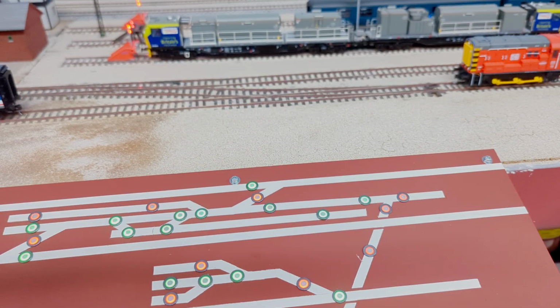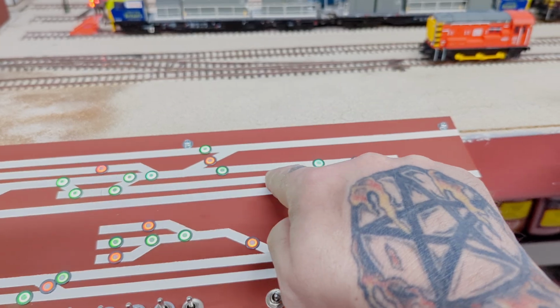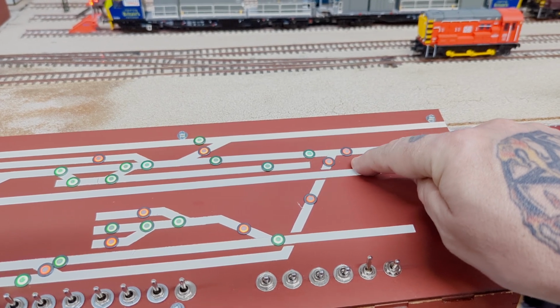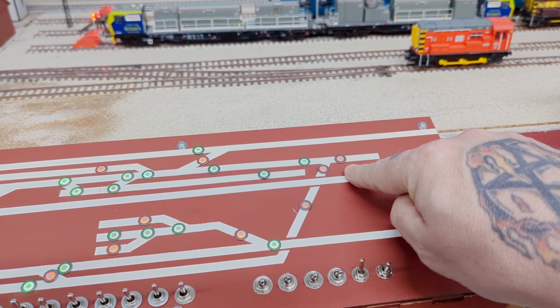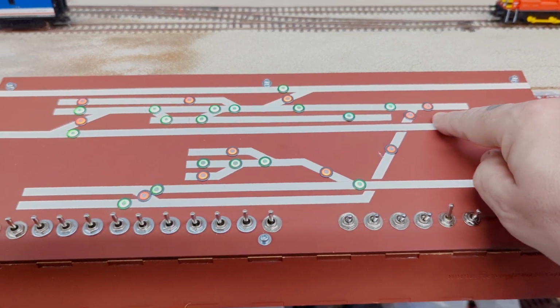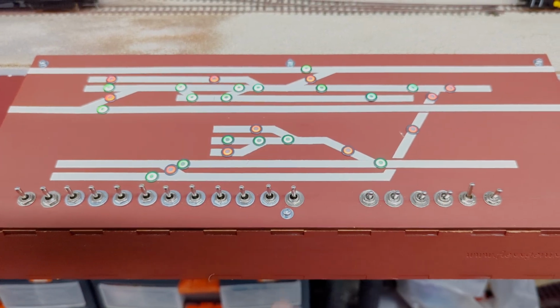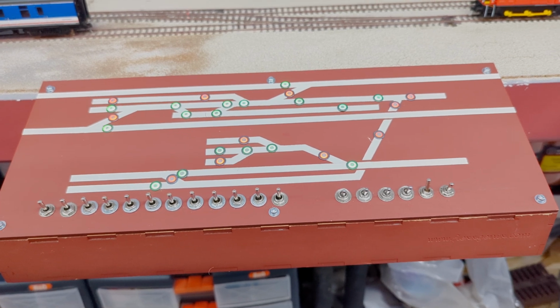this now tells me not to drive down here because the point isn't set, but I have got access to this. This green, this LED here that changes, I really want it to stay green, so I'm going to have to get in touch with DCCConcepts to find out how I can achieve that. But other than that, it's all in and working, and I'm quite pleased with it. It's not the most professional looking LED mimic panel, but it does what I want it to do, which is